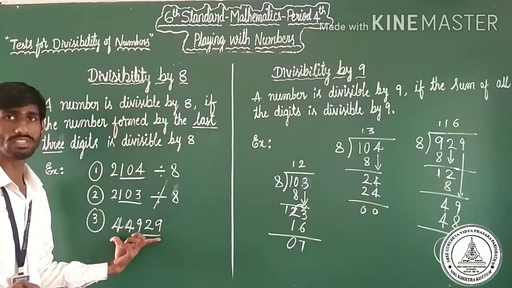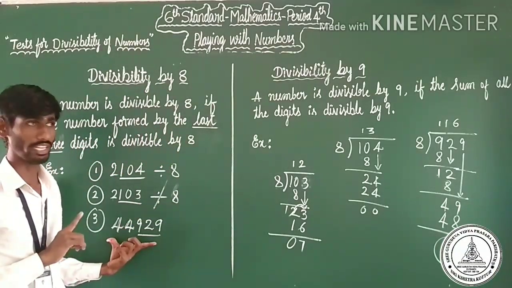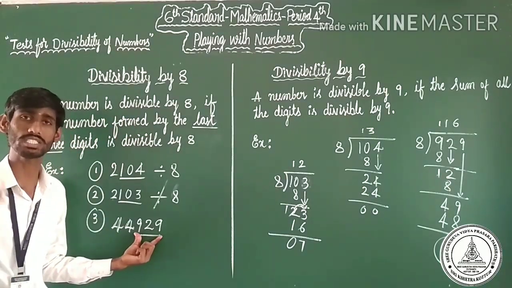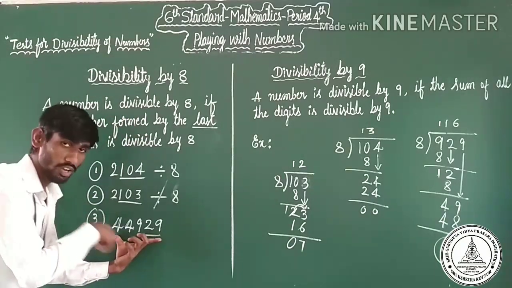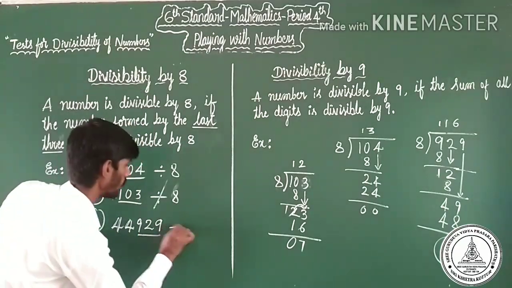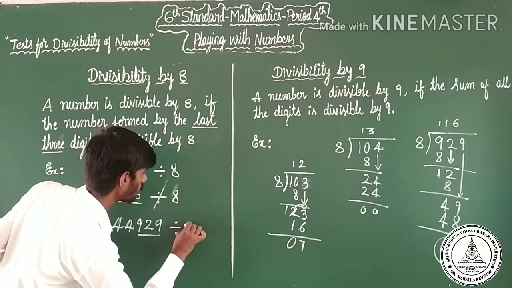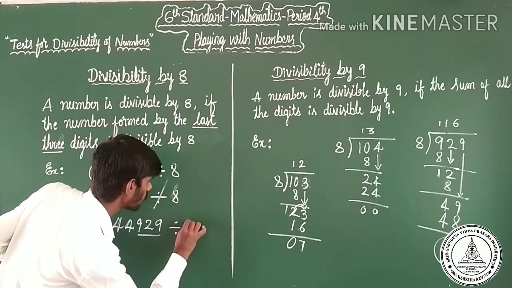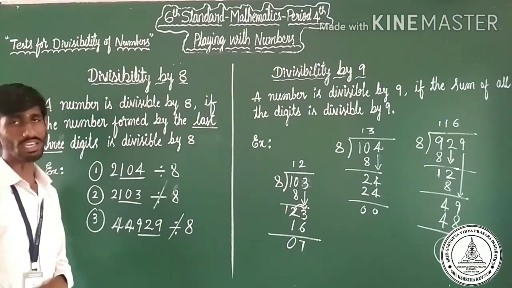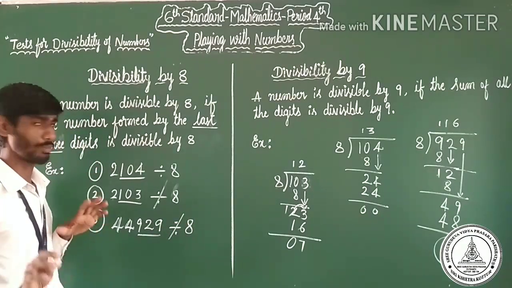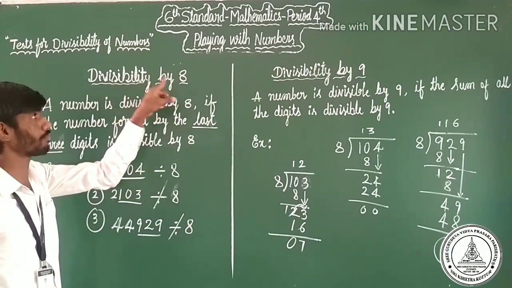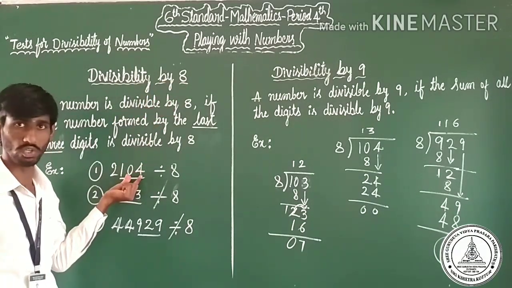The whole number is not divisible by 8 because the last 3 digits are not divisible by 8. That's why you may consider that all numbers not divided by 8 fail. So finally it is not satisfied, it is not divisible by 8. Okay Choto, I hope you have understood. Divisibility by 8: last 3 digits. Divisibility by 4: last 2 digits.